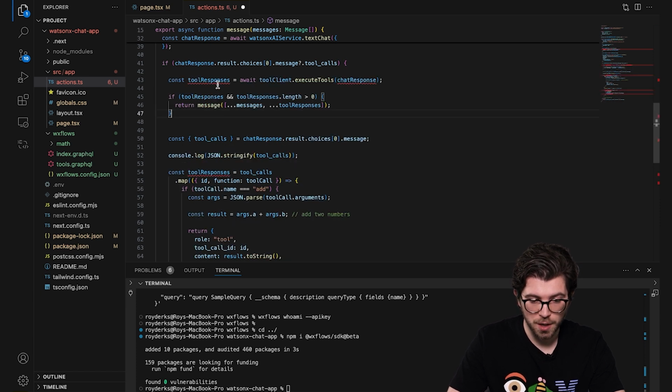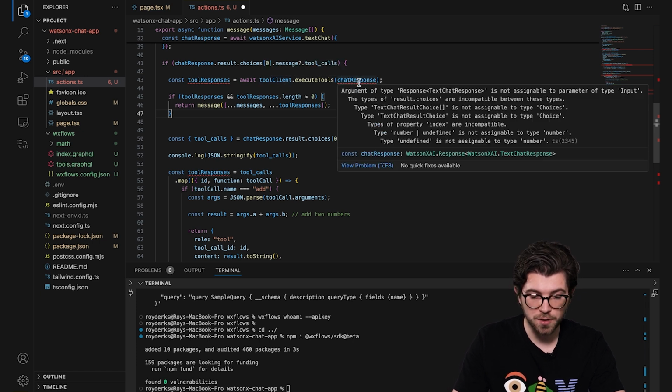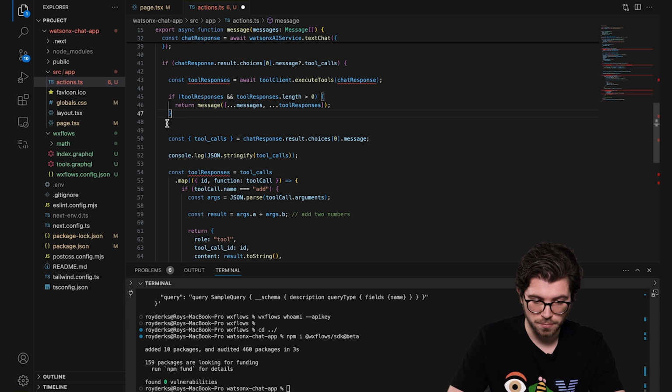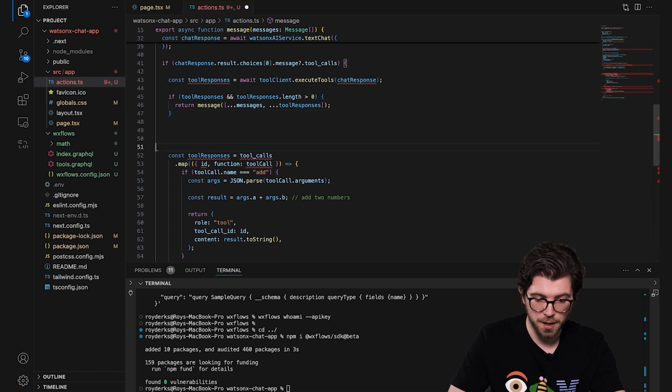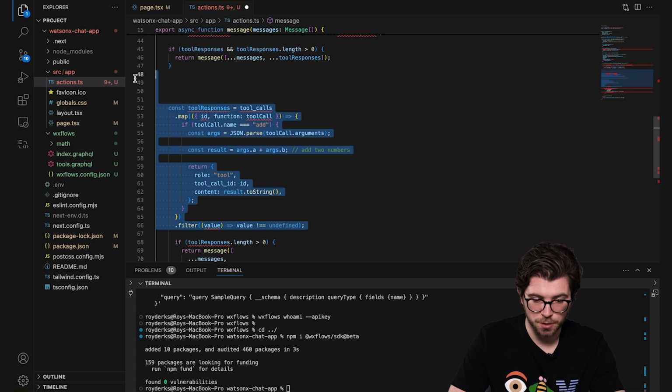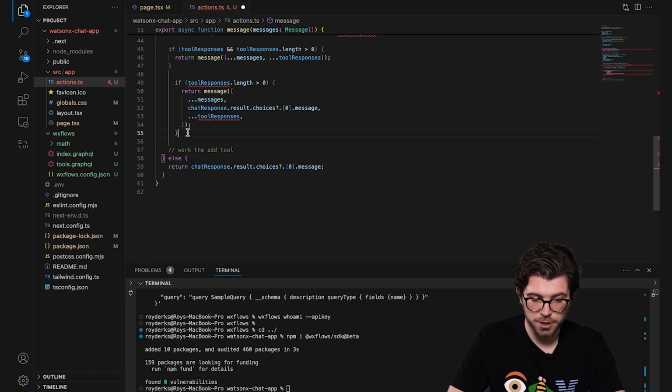So I'm still going to create a tool responses constant, but this time it's using the tool client to execute the tools based on the entire chat history. And of course, make sure to delete all the previous data that we don't really need here. So all the tool response logic can be deleted.